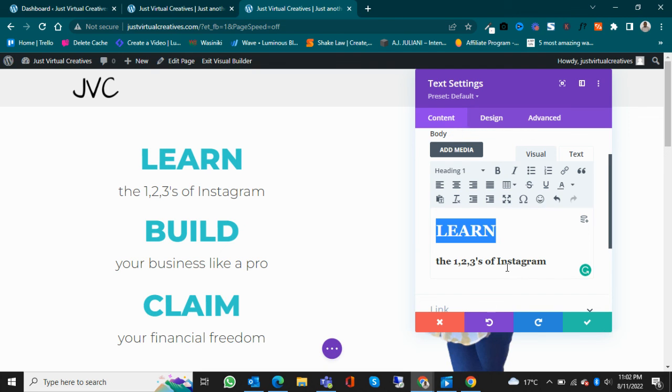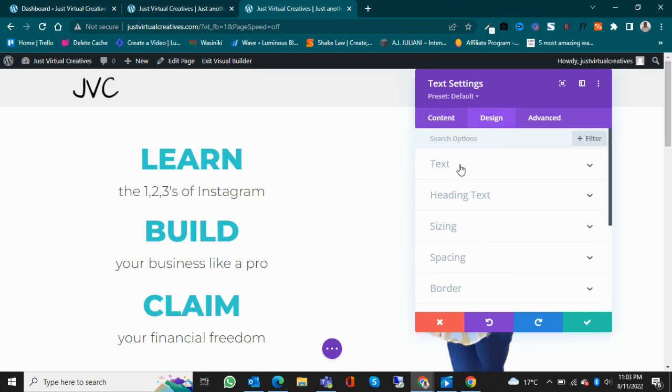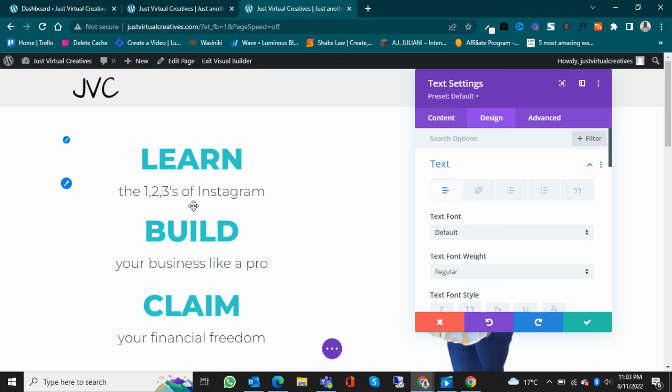And then if you want to adjust the sizes or everything, or even the color of this heading, you go to design. Once you are at the design, start with the text. So text is this part here. You can change the font